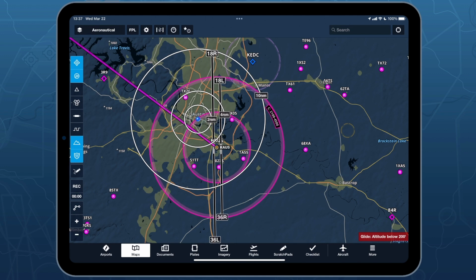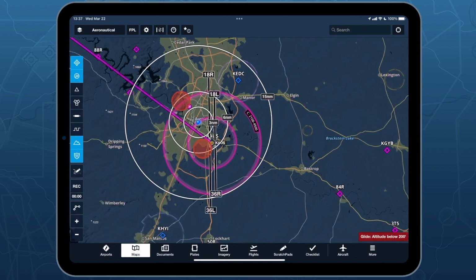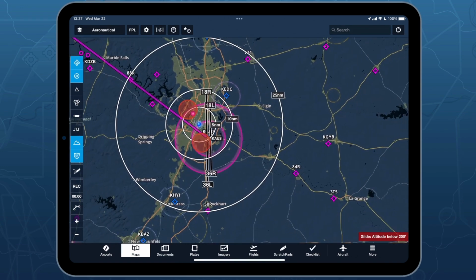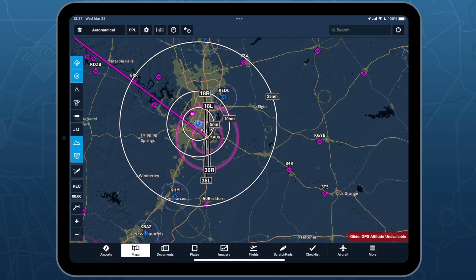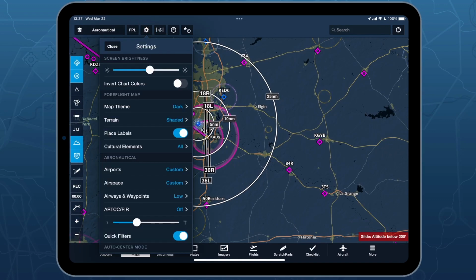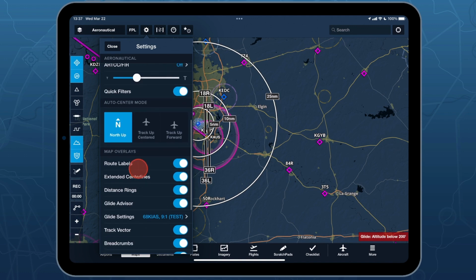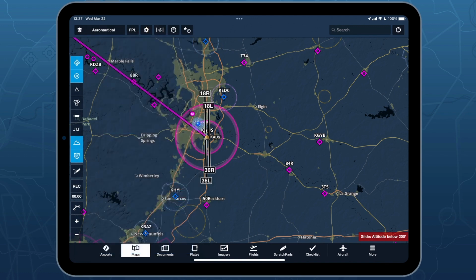How far can I glide? Can I make it 4 nautical miles? If so, this is what 4 nautical miles looks like. And as you zoom out, you can see the distance rings get bigger and bigger. I'm going to take those off now because I'm not flying, and they're pretty loud on the screen right now. And speaking of gliding,